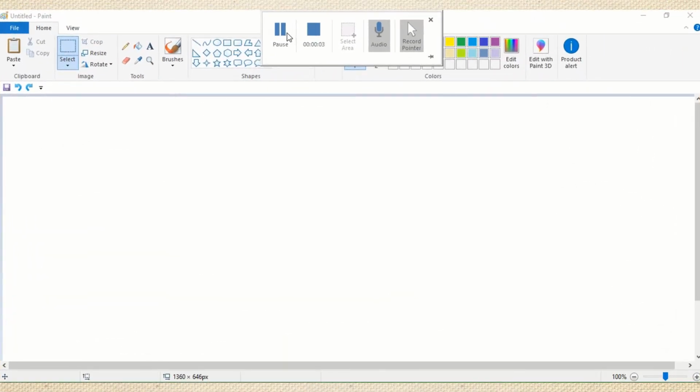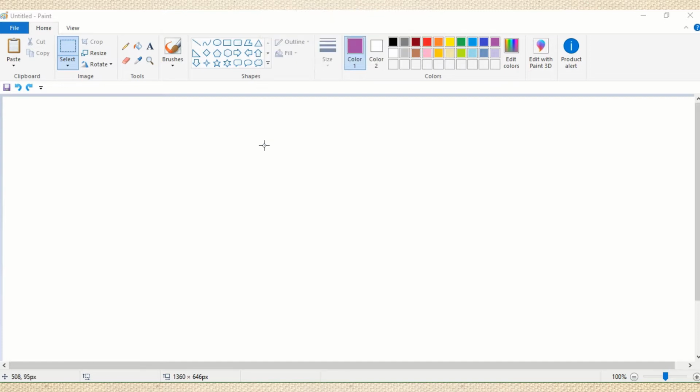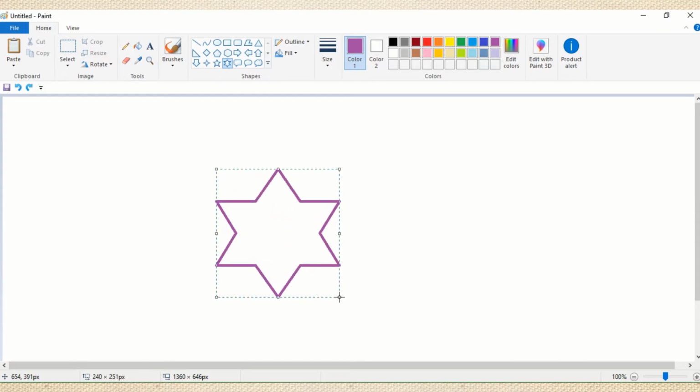So here I show you how to stretch, skew and resize an image using different options. Say for example, I am going to draw one object here. Say I draw a star here. So here it is. I fill any color in it. Say for example, I choose this one. Okay, then I select this color for this star and fill it inside.